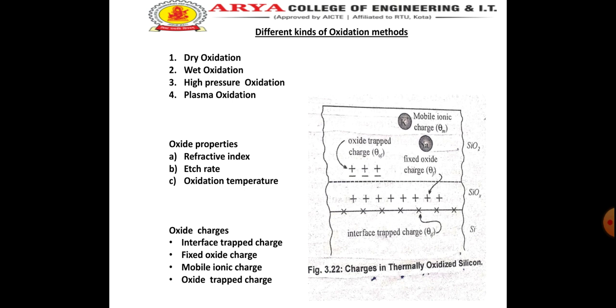High pressure oxidation. The parabolic rate constant B is directly proportional to the equilibrium bulk concentration in the oxide, which is proportional to the partial pressure of the oxidizing species in the gas phase. High pressure oxidation of silicon is attractive because thermal oxide layer can grow at relatively low temperature in runtime comparable to typical high temperature and low pressure.